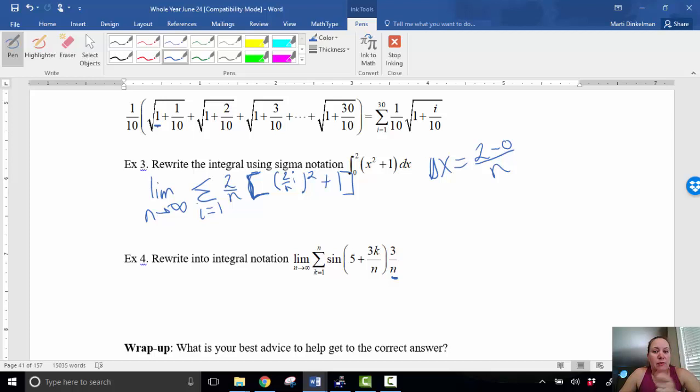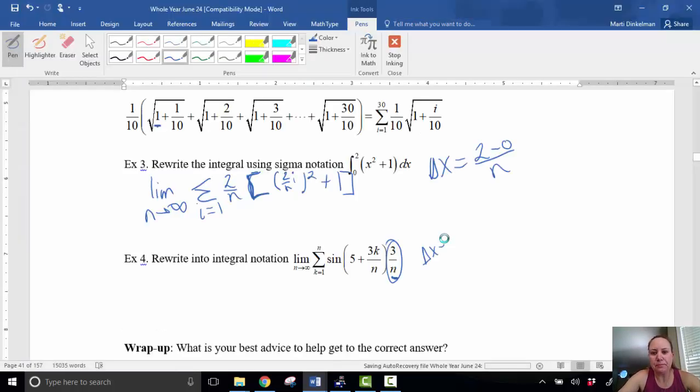Oftentimes we have to do the reverse. So now we're trying to find the integral. I always like to identify what the delta x is. So the delta x here is 3 over n. And that's one of the things that I just substitute into my problem. So I can see that delta x, that's actually where my x is going to go. So I claim that our function is,